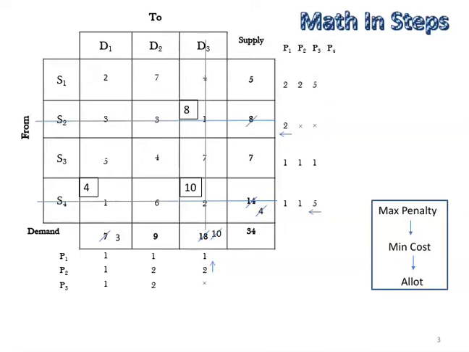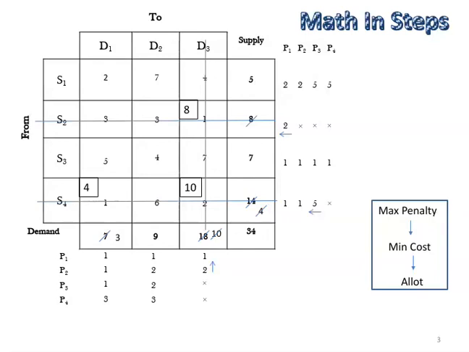So in the fourth stage penalty, for the first row, minimum cost is 2, next minimum is 7, so the difference is 5. Second row we have cancelled, so no penalty for it. Third row, minimum is 4, next minimum is 5, so the difference is 1. Last row again we have cancelled, so no penalty for this. Column wise, D1 column minimum is 2, next minimum is 5, so the difference is 3. D2 minimum is 4 and the next minimum is 7, so the difference is again 3, and the last column we have cancelled, so we will not find penalty for this.